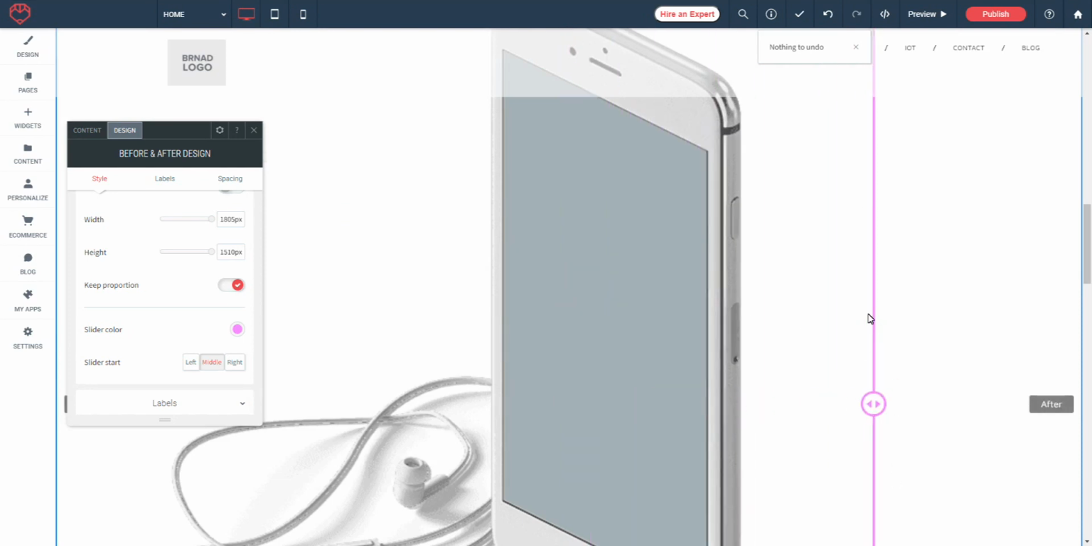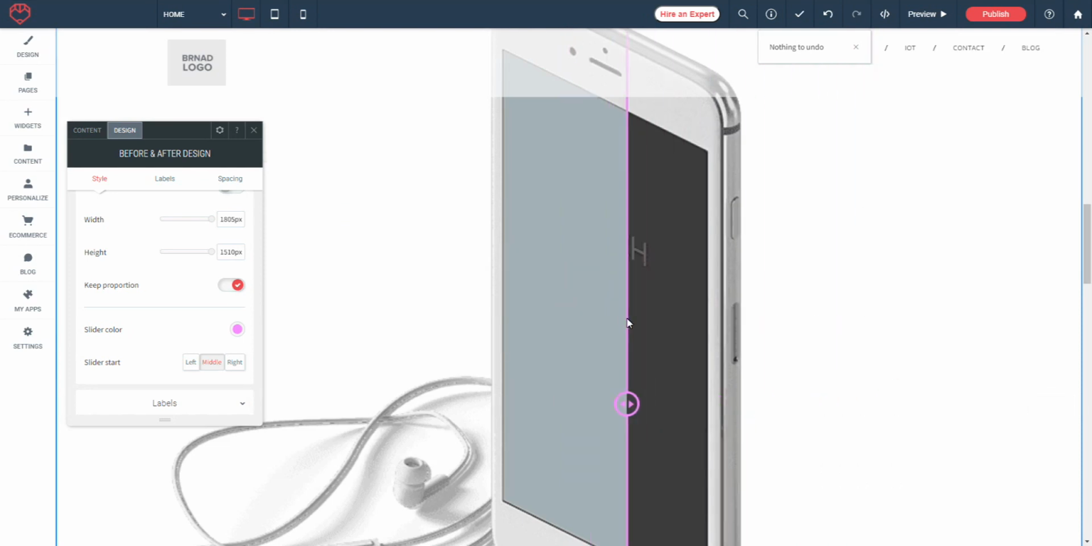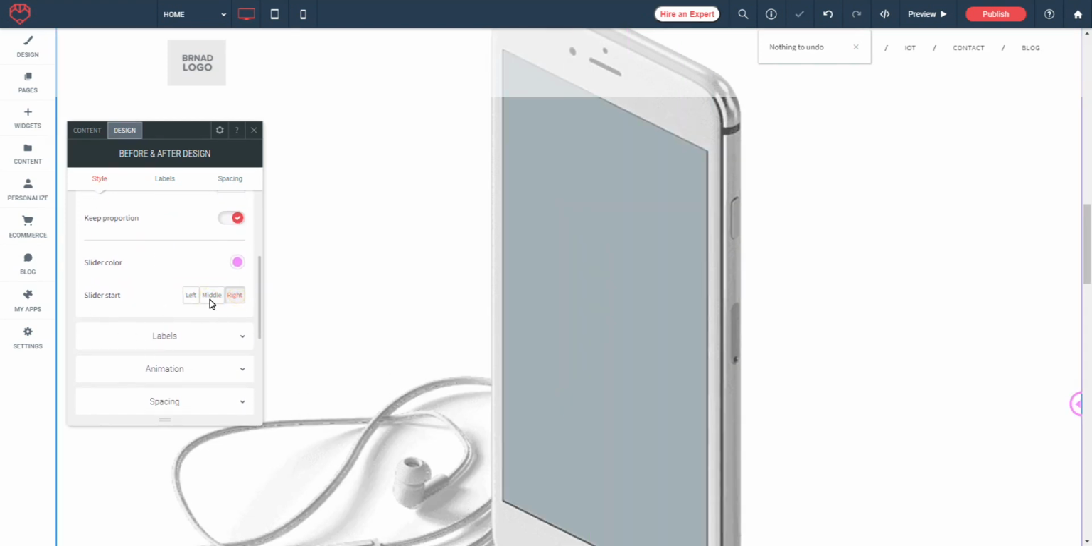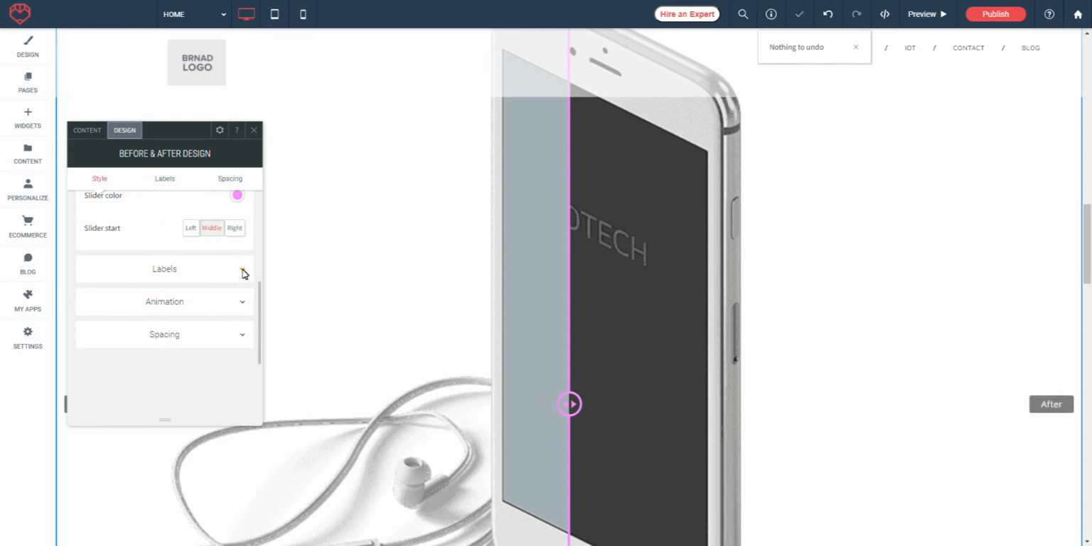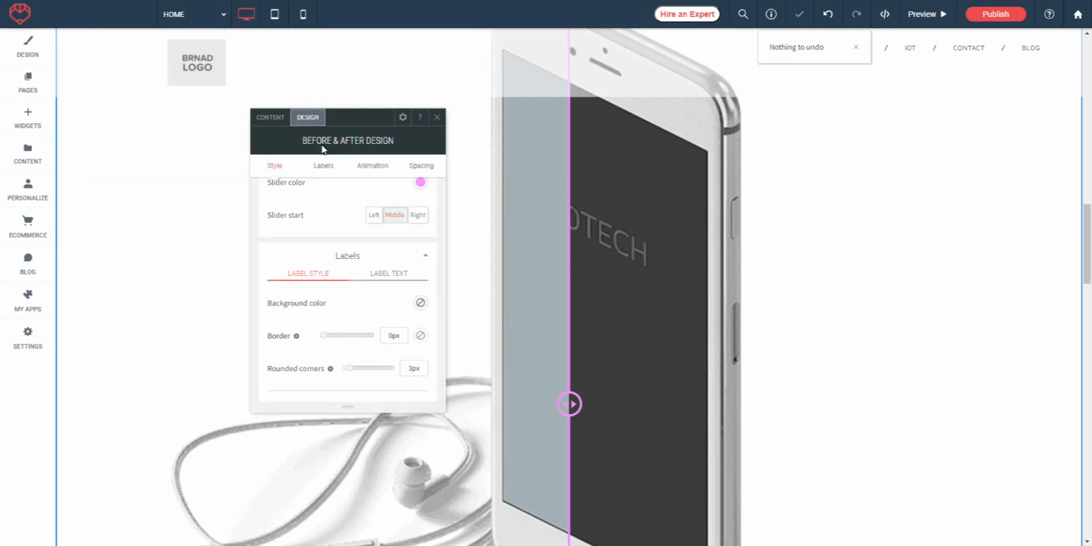Now as I slide this, you can actually see the slider. So I'll change the slider color. And I can start from the left, the middle, or the right. Starting from the middle is a good option. In terms of labels, the after and before,